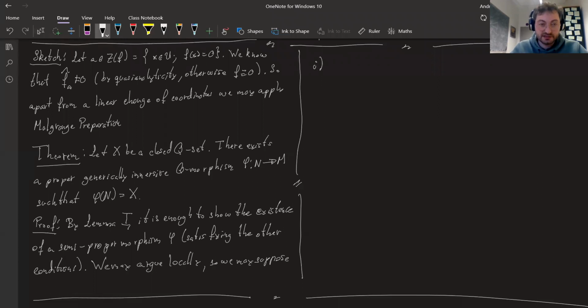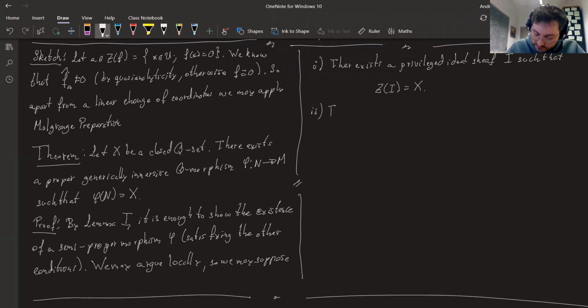First, that X is given, there exists a privileged ideal I such that V of I is equal to X. So that's the first thing, because we recall that for every Q set locally, we did have a privileged ideal I, actually even, as we're going to see, finite type ideal I, such that the zero locus is going to be equal to X, but for now just privileged.